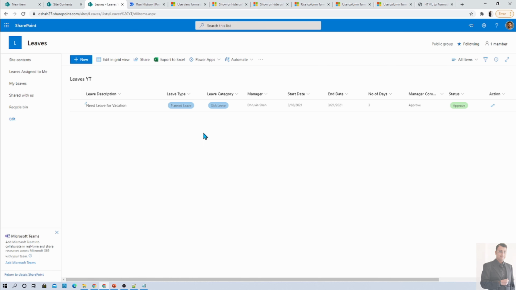But JSON formatting is useful only when your requirement is simple and straightforward. Meaning, if you want to show and hide only specific fields, or if you want to just format your out of the box form and configure the layout, at that time this formatting is helpful.